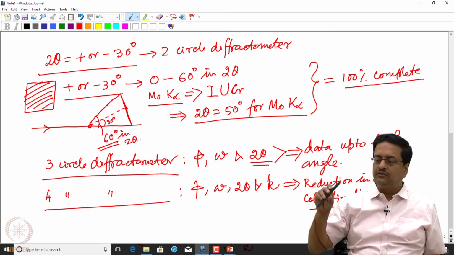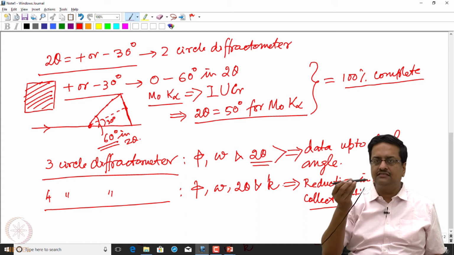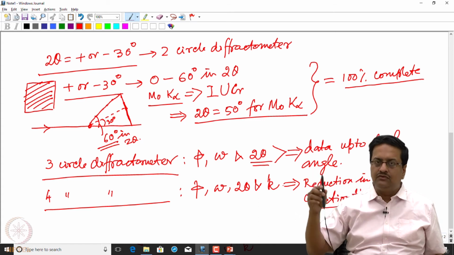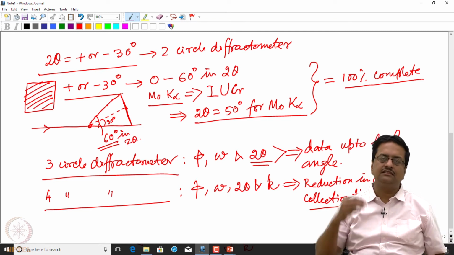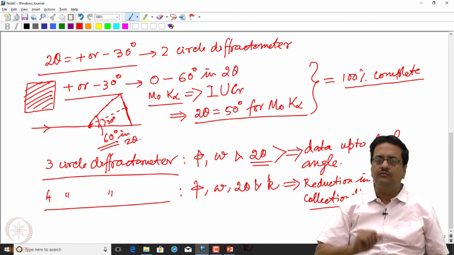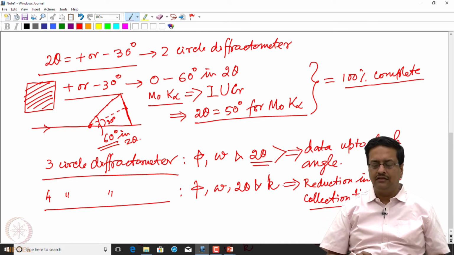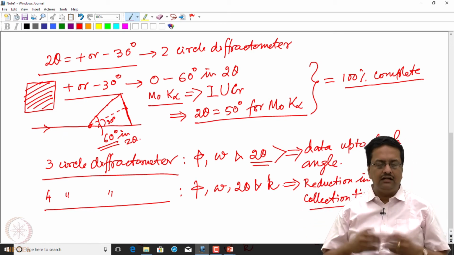Because when you are able to rotate the crystal about this horizontal axis as well, all the reflections which are falling at various places in the reciprocal sphere much above the detector can be now made to fall on the detector by rotating the kappa from 0 to plus 90 and minus 90 and recording